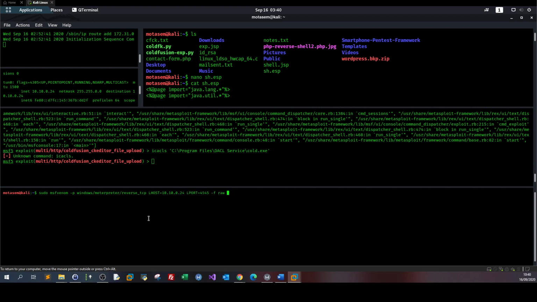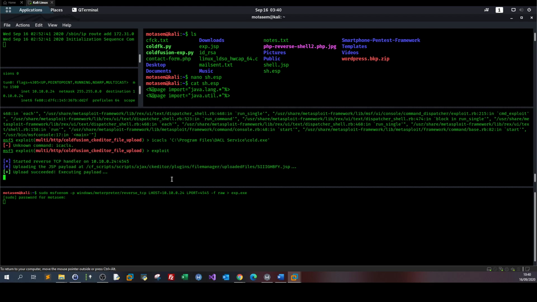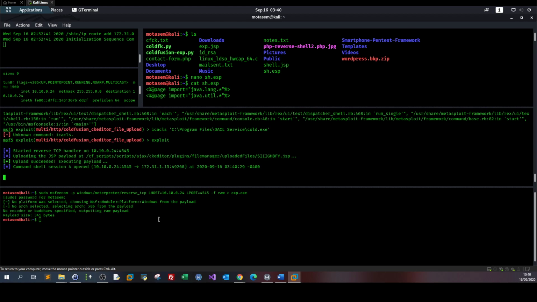I don't want to re-establish the session all the time, so I'm going to upgrade that to Meterpreter. So here we're going to start python3 -m http.server 8000, and on the Windows box,